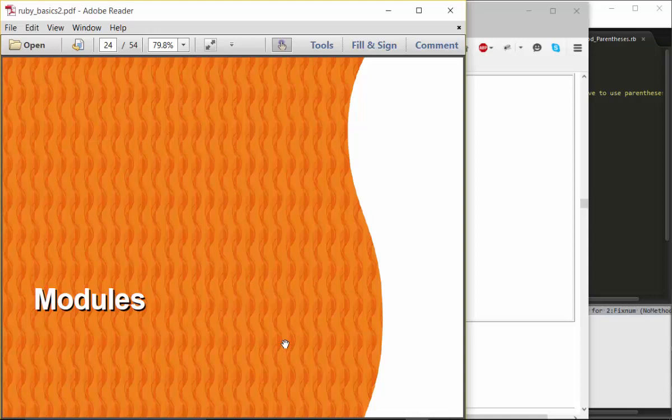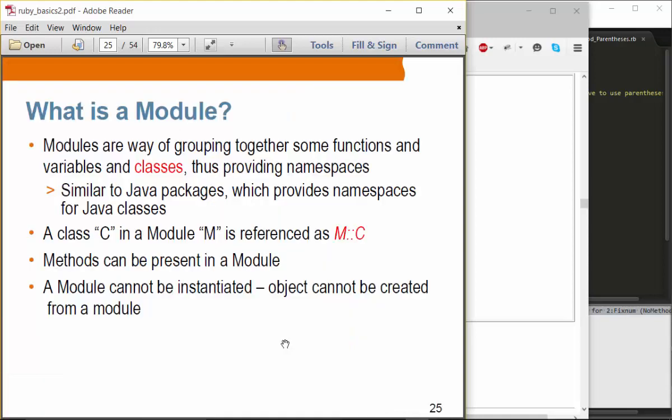Next topic is modules. What is a module? Modules are a way of grouping things together, and they provide a namespace. It's like Java packages in that sense. Now, in terms of how to reference a class in a module